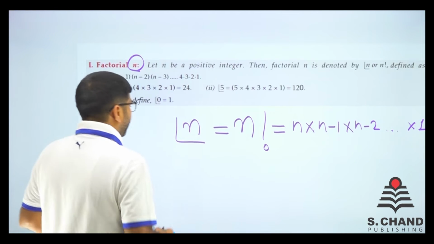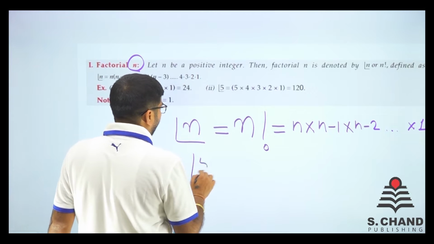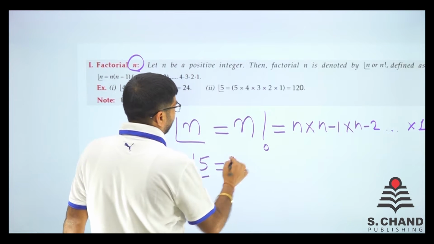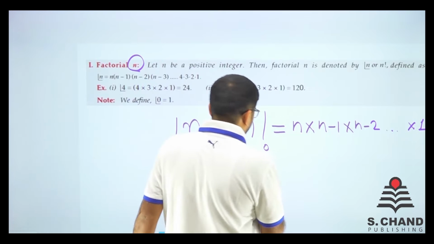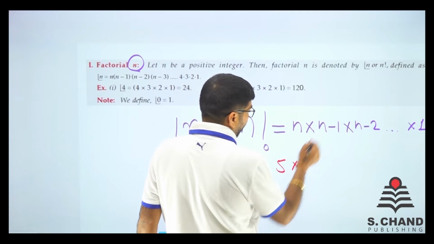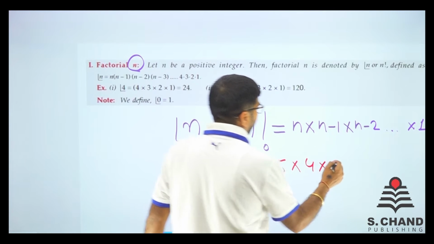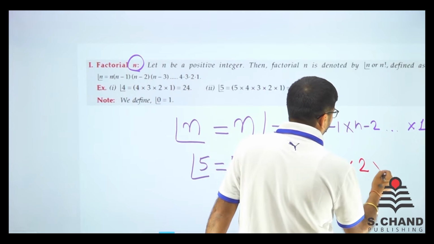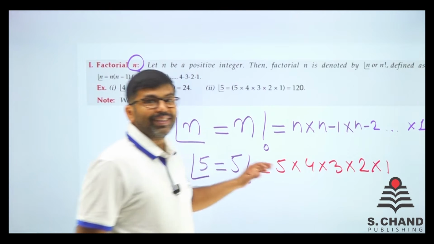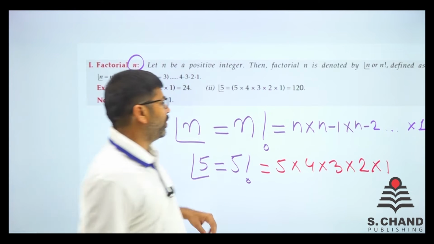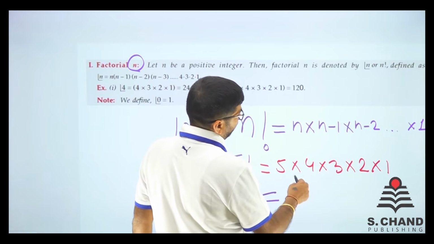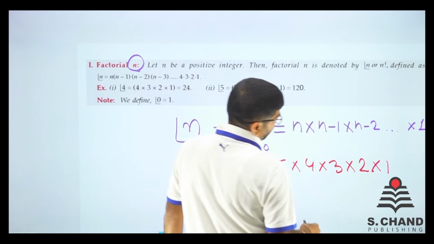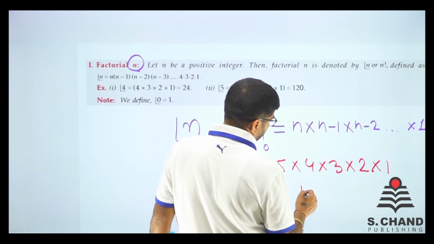For example, if anybody asks what is 5 factorial, both are representations of factorial. We do one thing: 5 into n minus 1, which is 4, into 3 into 2 into 1. This is 5 factorial. So 4 into 5 is 20, and 3 into 2 is 6, and 6 into 20 is